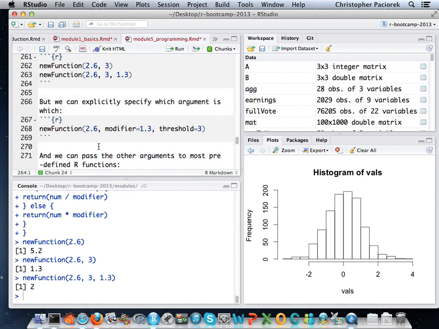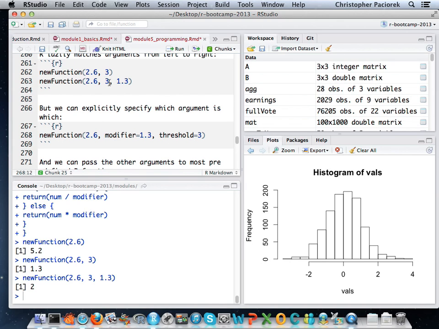Okay, but then if we want to, we can switch up the order in which we call these arguments by assigning them specific names, passing them in a named way. So here, notice we're calling them in the reverse order that we called them before, but because we pass them the names, because we tell it we want the second argument to be the modifier argument, we'll get the same result that we did with the reversed arguments previously. Okay, so default values are useful.